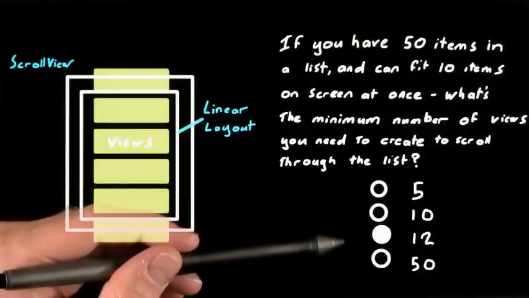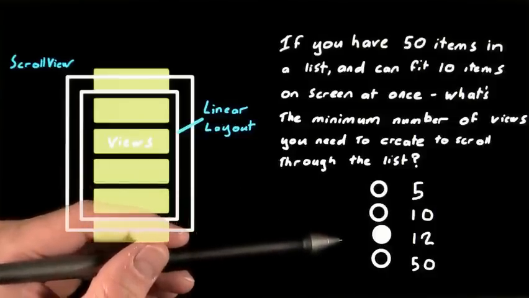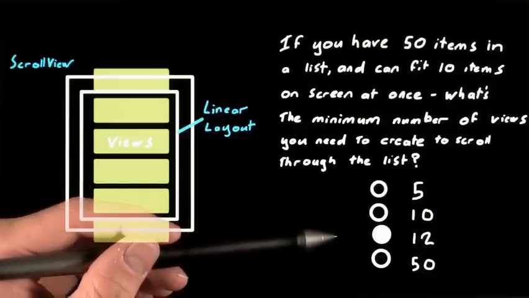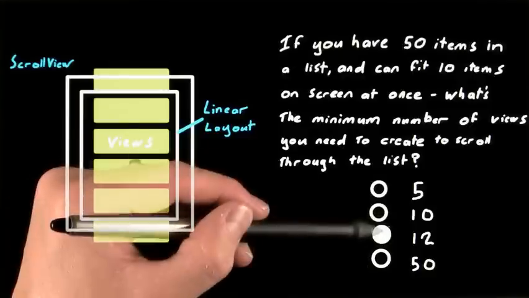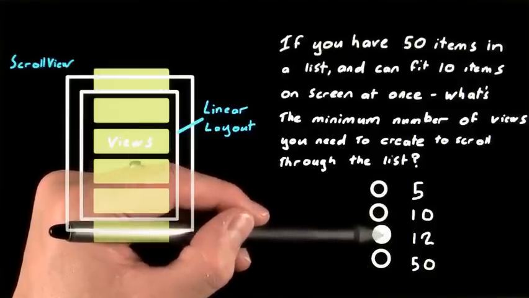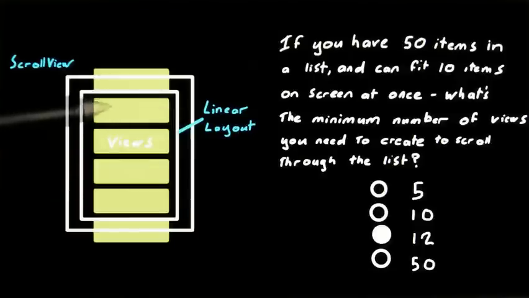Adding every item to the linear layout within the scroll view means that every view we create sticks around, taking up memory even if it's never been seen. We want to try and create a way that we only need to use as many views as are currently visible in the screen, plus one on either end to make sure we can scroll without flickering. To do that, Android uses list view, so let's take a closer look at that now.